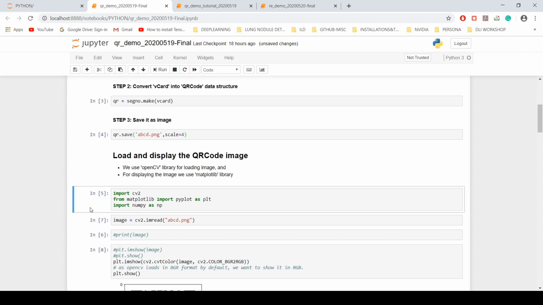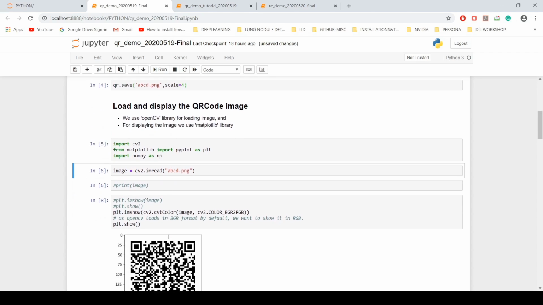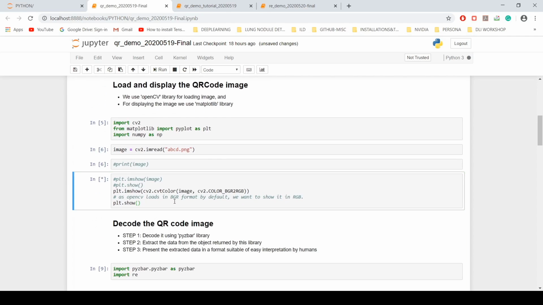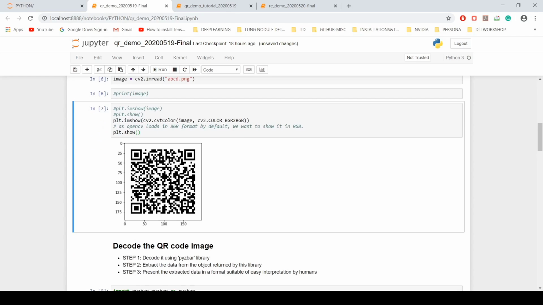Now how do you load? For loading, as it is just an image, we can use any image processing or computer vision libraries. Here I am using OpenCV library. For display purpose, Matplotlib library. So import those packages and then read image using this imread method, and then display the image. So this is what we have created just now,